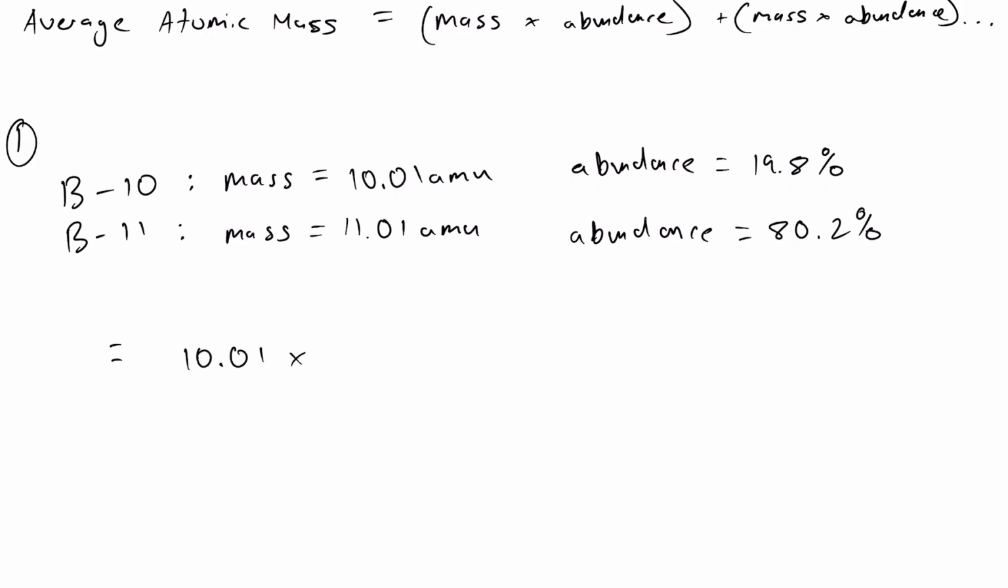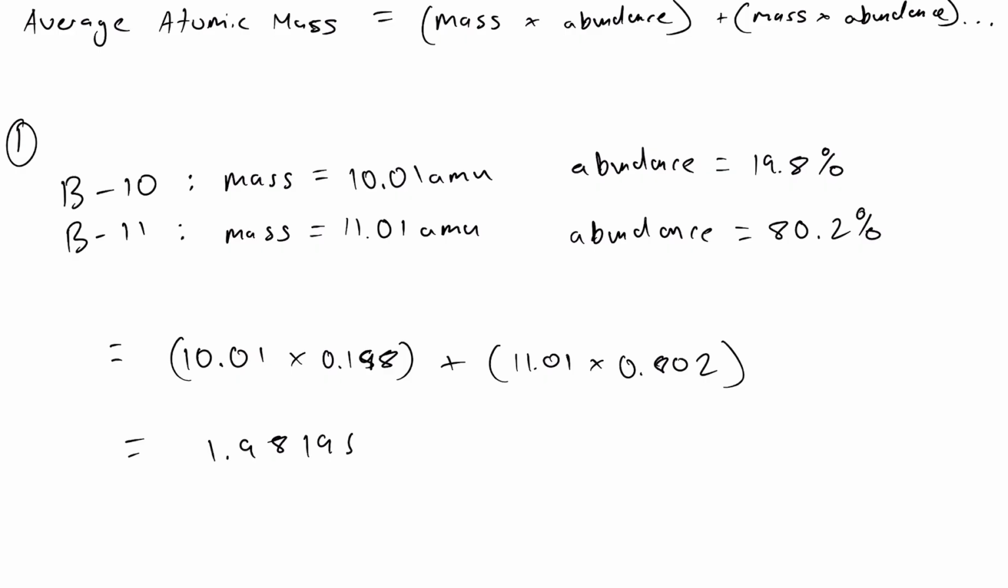10.01 times 0.198 plus 11.01 times 0.802. And so the two values are going to be